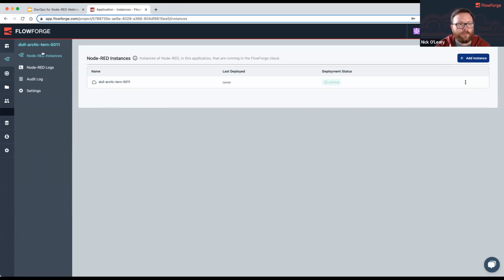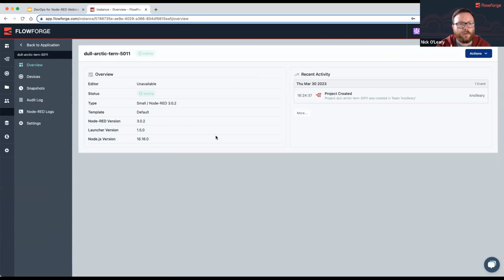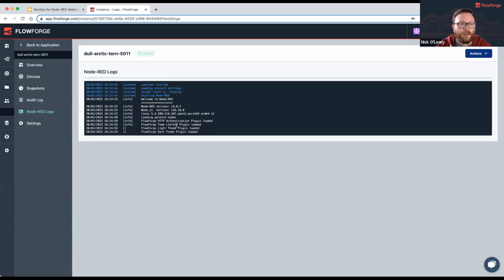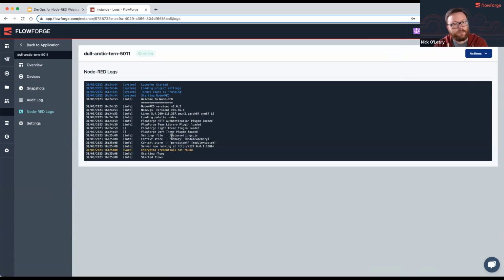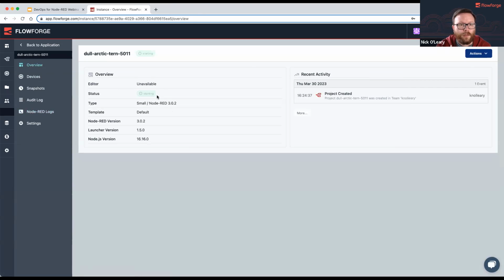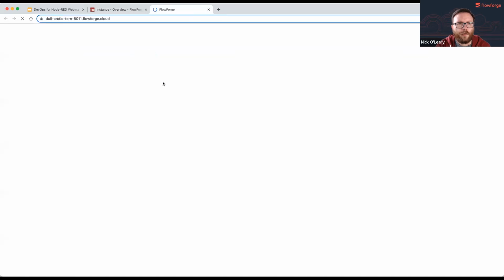So here we have the application and its list of instances. We've just got the one, so we're just going to go have a look at my dull Arctic tern. In the background, this is now creating a new container. It's spinning up Node-RED, and whilst we're waiting for that, in fact, we can go to Node-RED logs, and you can see we're getting the logs from Node-RED. So it is starting up, and there we are, started flows. So if I come back to the overview in a few seconds, there we are. The editor URL has appeared because it is now in running state. So I can click on there,